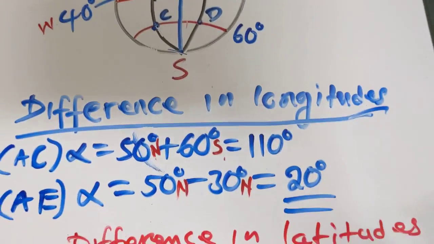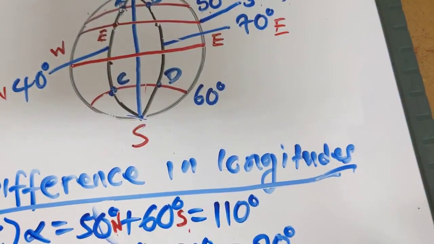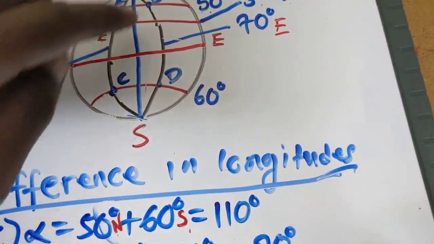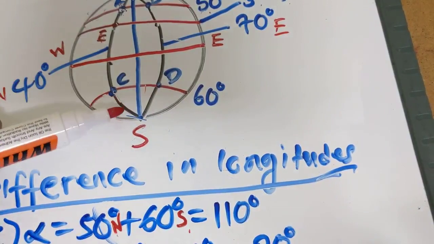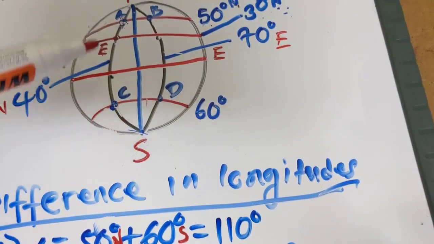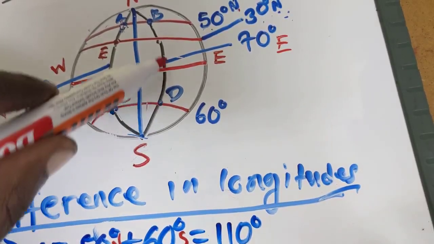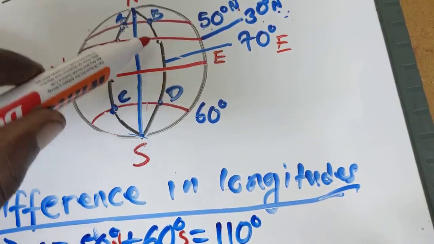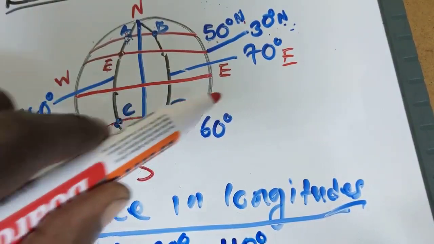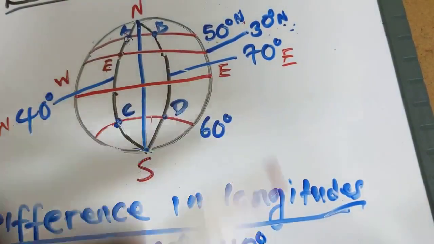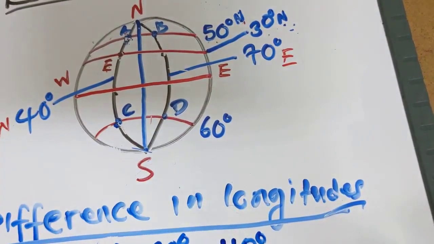Between C and D, this is a latitude, this is a latitude. When you're finding the difference in latitudes, use the longitudes in which those points are. This C is in longitude 40 degrees west. And this D is in longitude 70 degrees east. So when you are finding the difference between the points that are in latitudes,